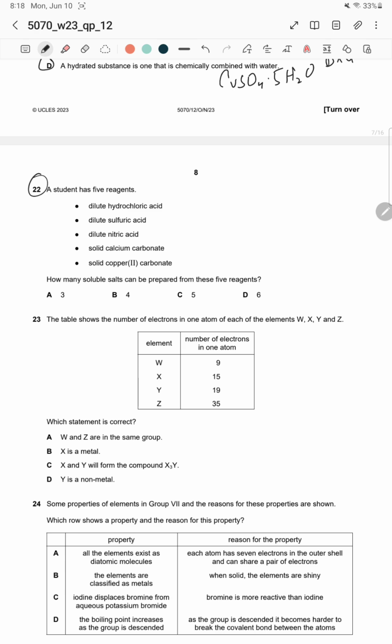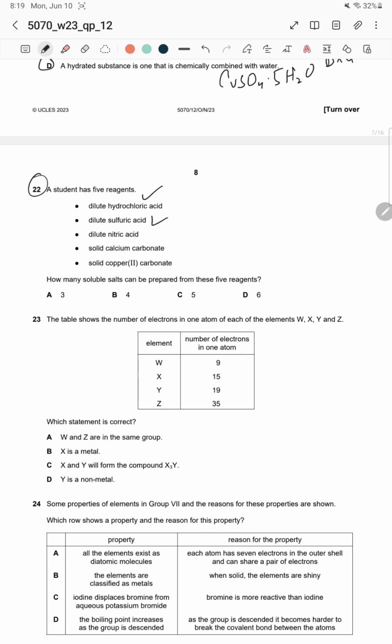Question number 21. A student has 5 reagents. The list is mentioned. How many soluble salts can be prepared from these 5 reagents? So now see, you have to calculate. There are 5 reagents. So simply you can make 5 soluble salts from here, like dilute hydrochloric acid, dilute sulfuric